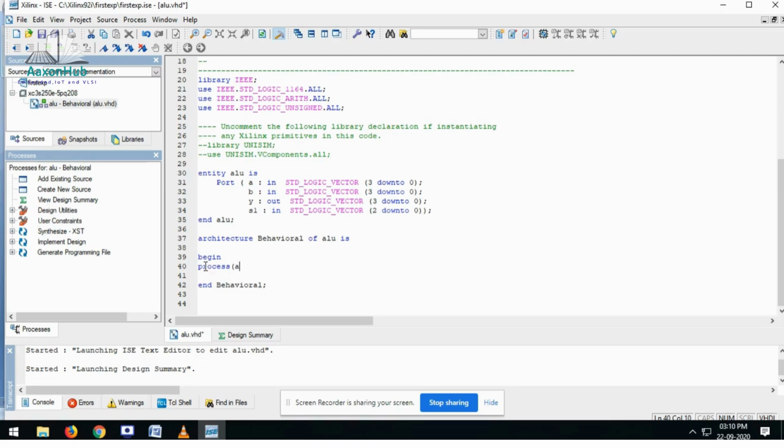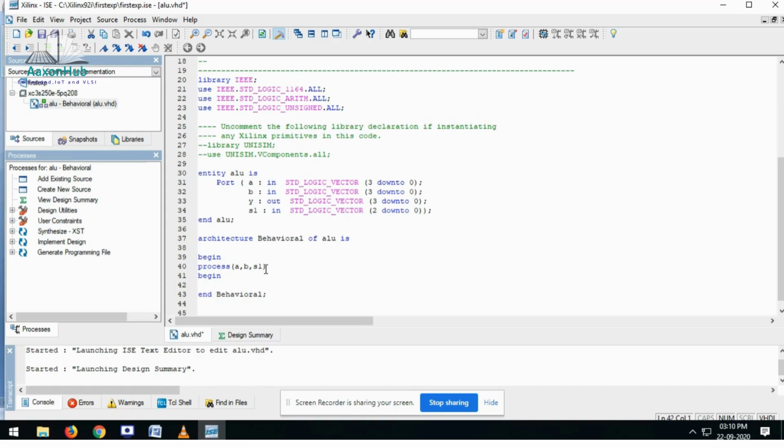So you give A, B and S1. These are the sensitivity list signals required in your architecture. You can write here begin.